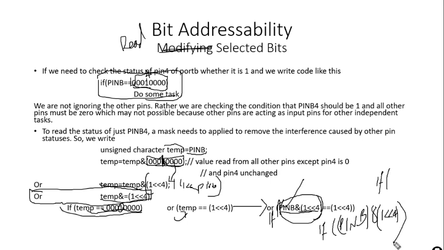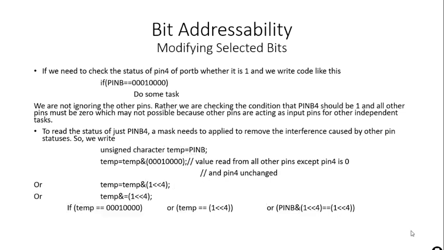So this way you do not need to equate with anything. If you are just concerned, you do not need to know the exact pattern. You're not implementing some encoder. So if there will be a non-zero value, this expression will be true. Now we have seen how, using the logical operations, in spite of not having the facility in C to read the status of a selected bit, we can read the complete byte and then check the selected bits by applying a mask.